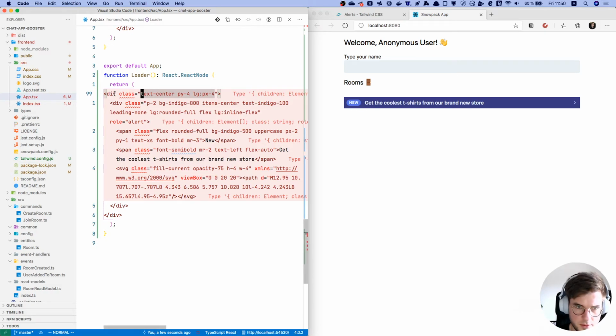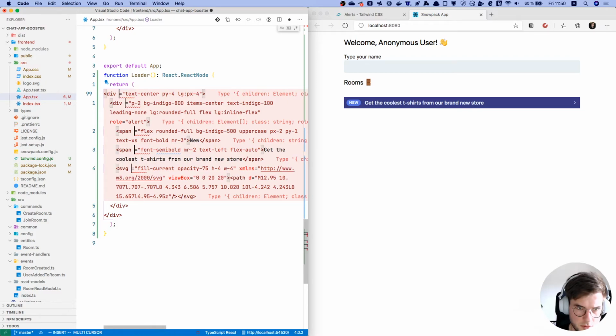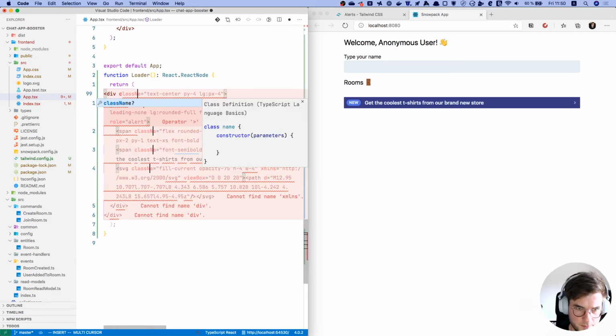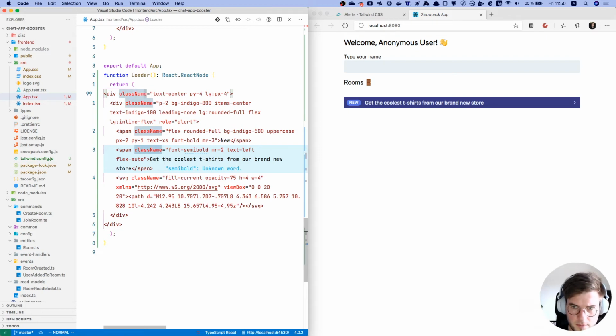Get around corners. Yes, I have to write last name. Well, okay,